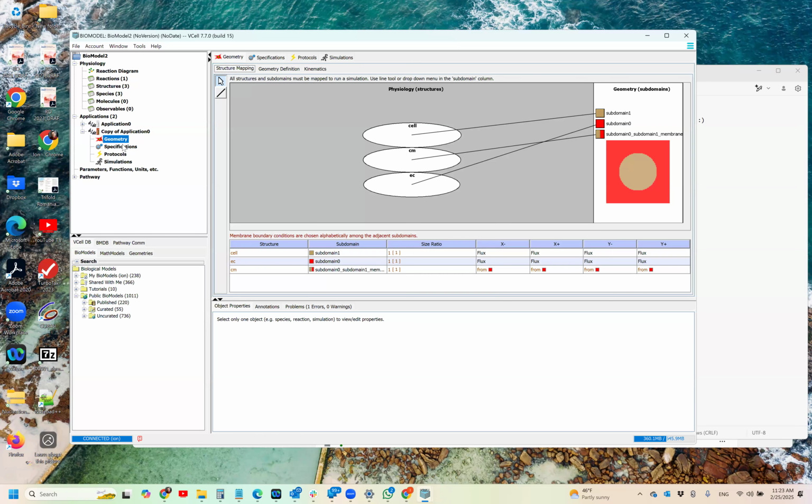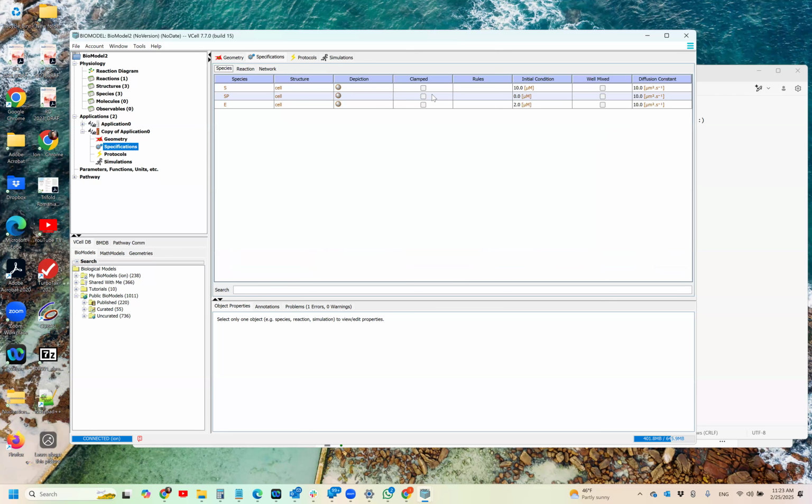And we can actually run the same simulation in a geometry where we can create